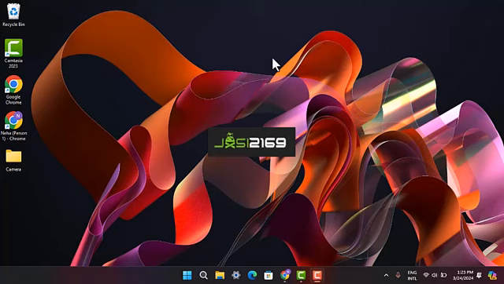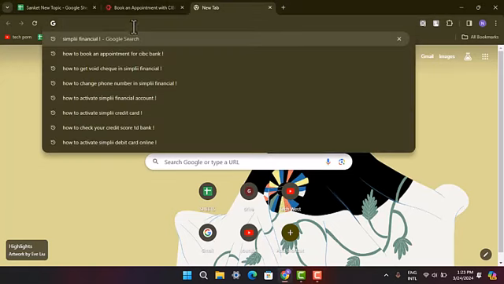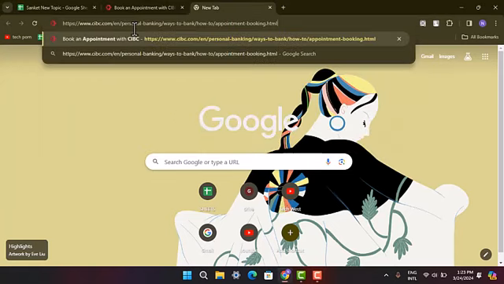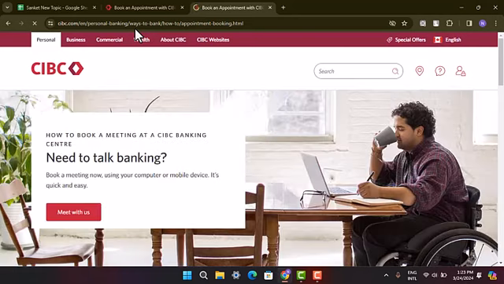So first thing, you need to go ahead and open up a browser. You can use any web browser, whichever is convenient for you. And then on the web address bar, type in www.cibc.com/en/personal-banking. Don't worry about the link, I'll make sure to drop it in my description box below as well. Now this is a direct link that's going to take you to the page where you can go ahead and